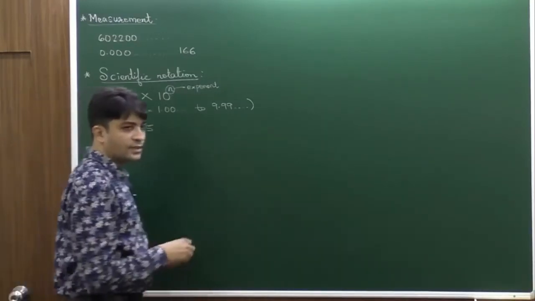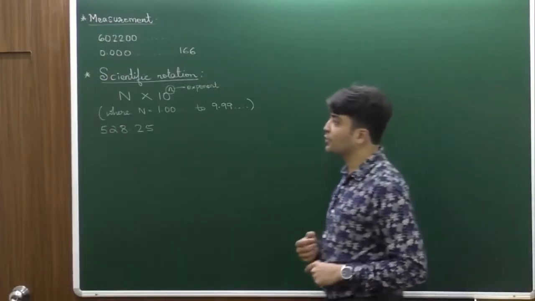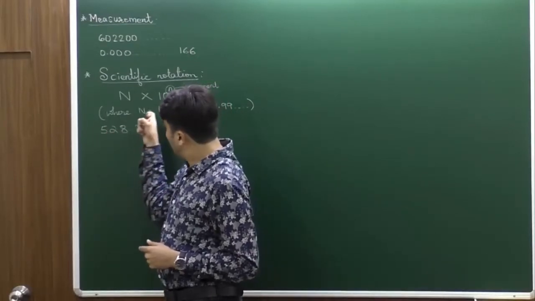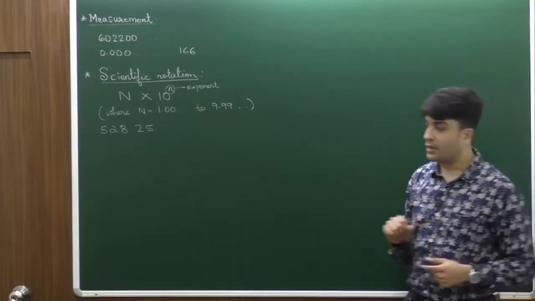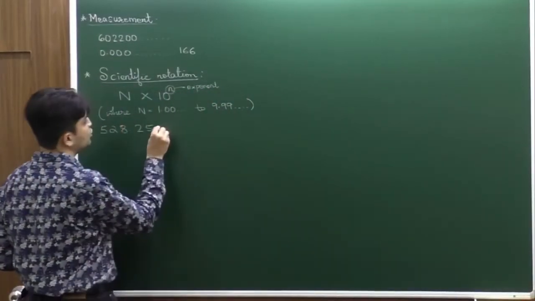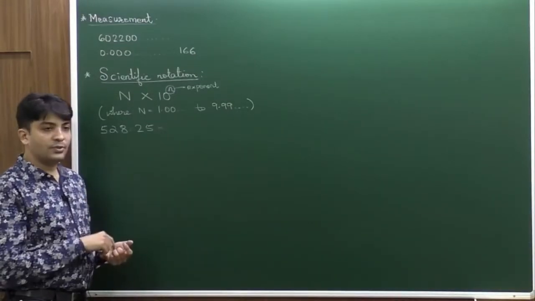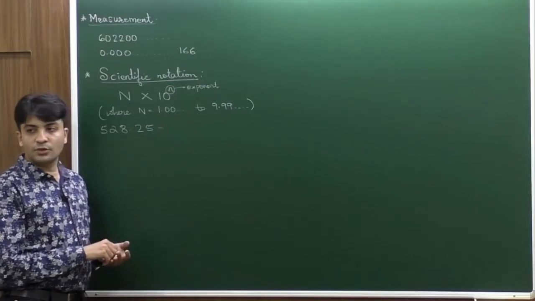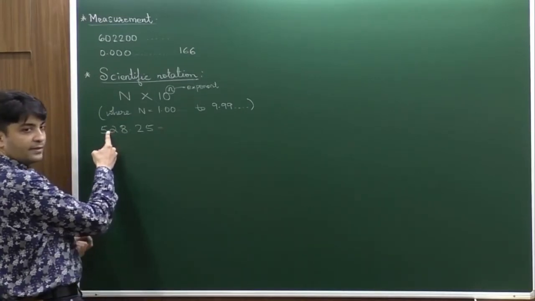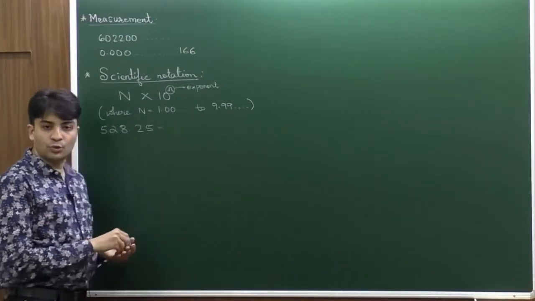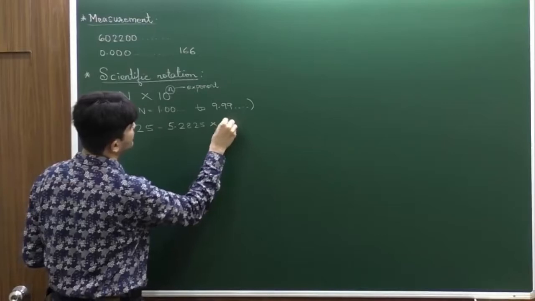For example, if I talk about a number 528.25, okay, I have to express this in the scientific notation. So in scientific notation, what we do is we express the number as one digit and rest of the things are raised to the power of 10. मतलब this number in the scientific notation should be written as, कैसे लिखेंगे? 5.2825 into 10 raised to 2, because what we have done is we have shifted the decimal to left by 2 places. That is why the 10 का power would be raised to 2. मतलब simply this number should be written as 5.2825 into 10 raised to 2.